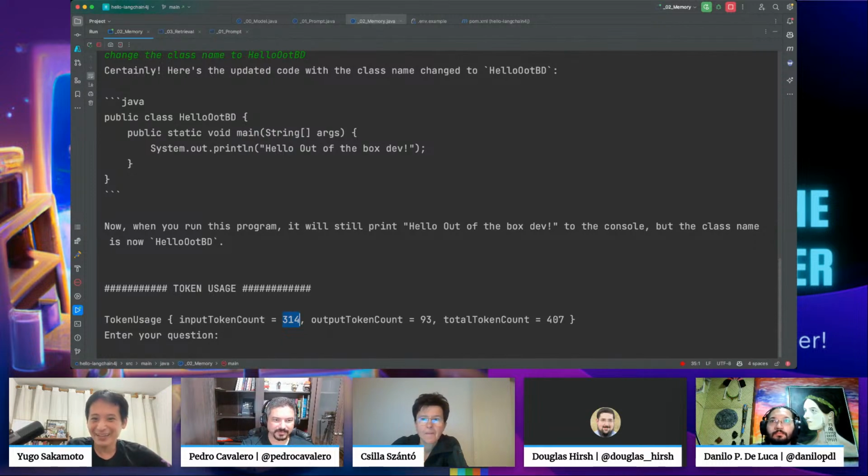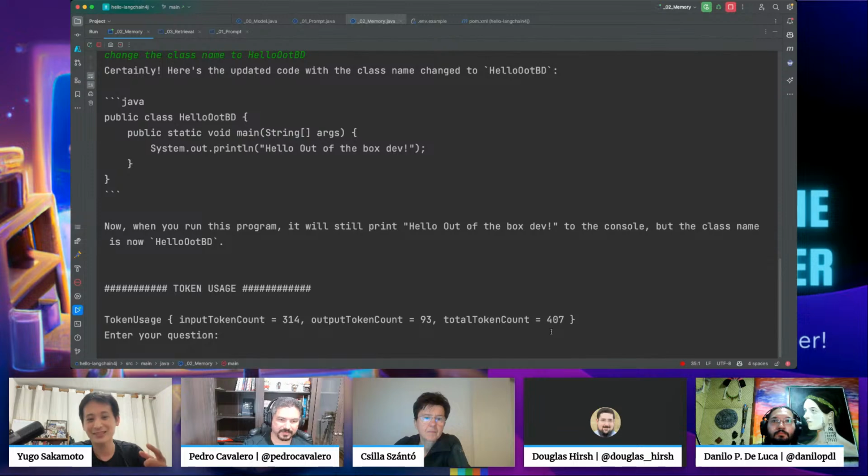So, any questions so far? In this case, what happened when the memory finished? Like you said that max memory was 10 messages. Yes. So when it finishes, it will start to take out the first ones. It's first in, first out, a FIFO, so it will take out the first user messages and add the new ones.